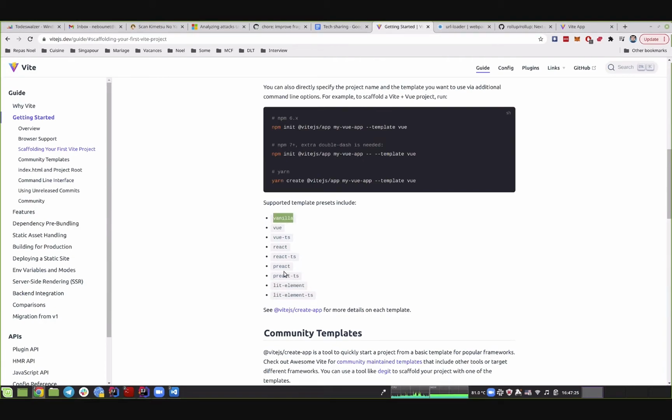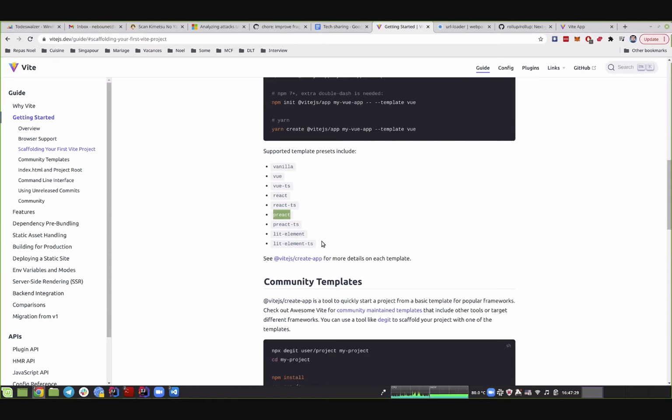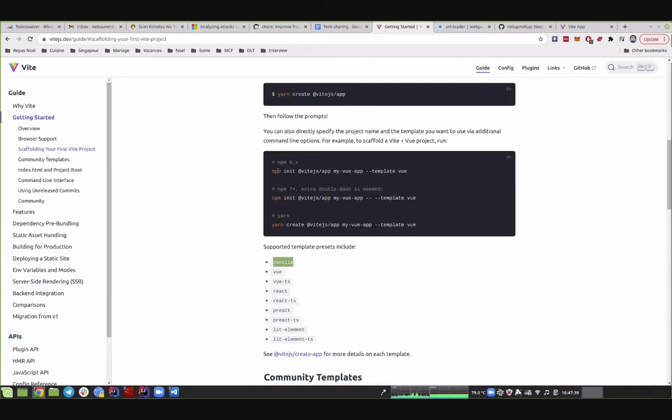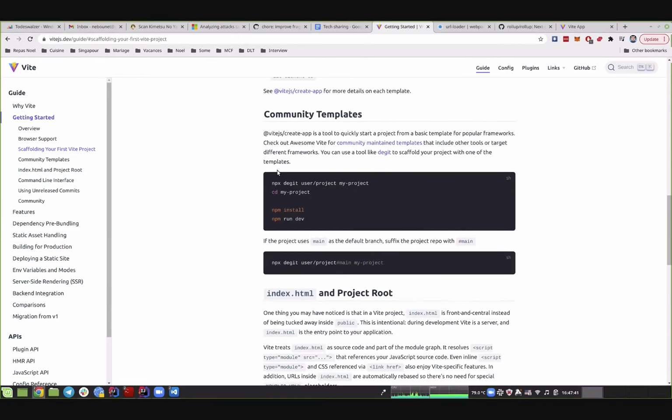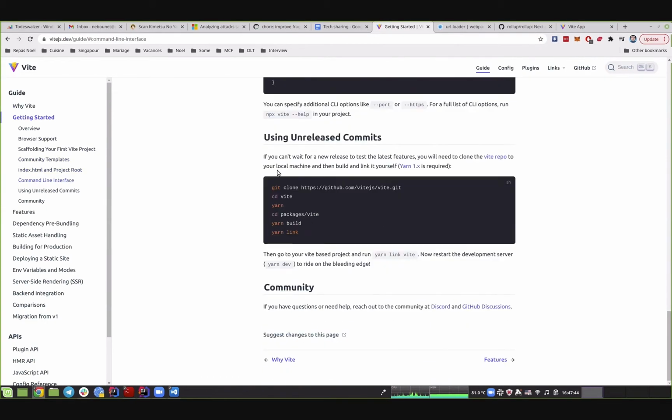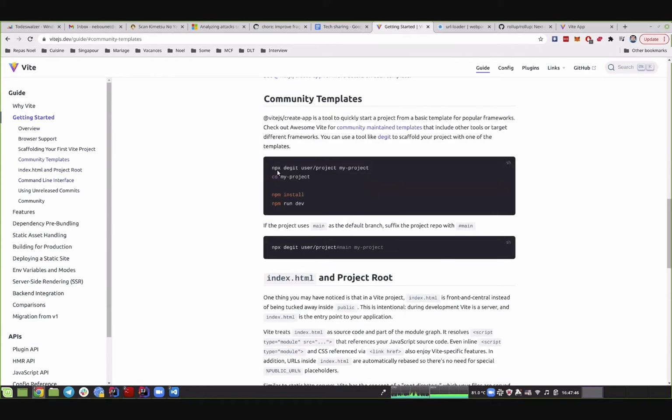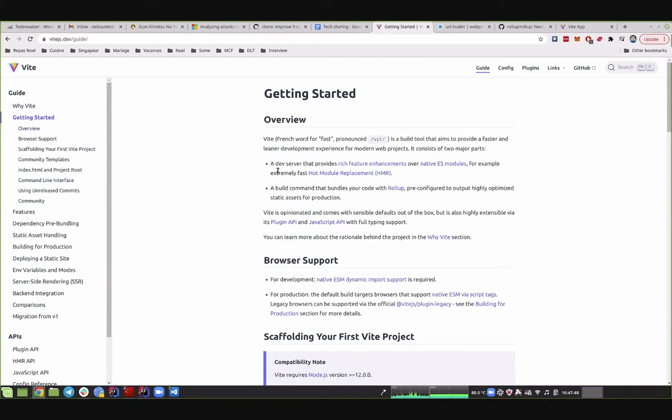I think they mentioned that they will support Svelte or whatever, but as long as you use vanilla things, it should be easy for Vite to integrate. So yeah, like I said, it's really targeted for the developer experience.